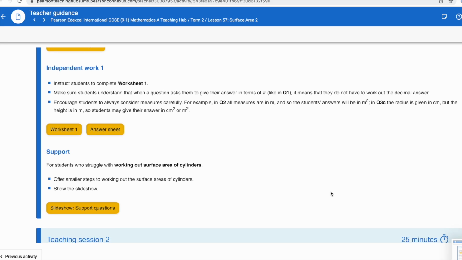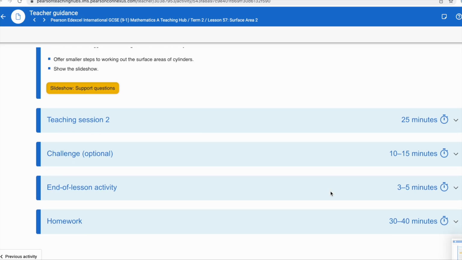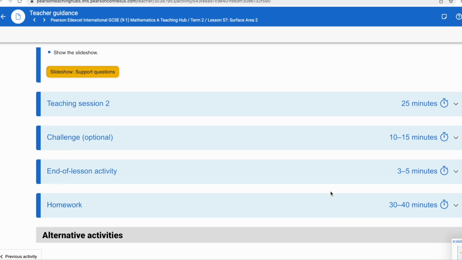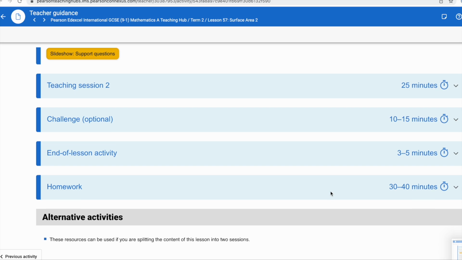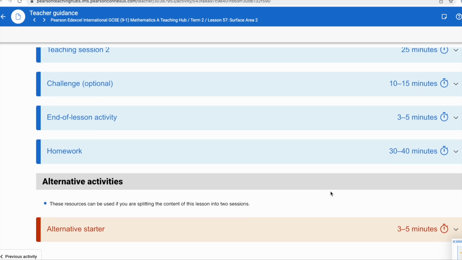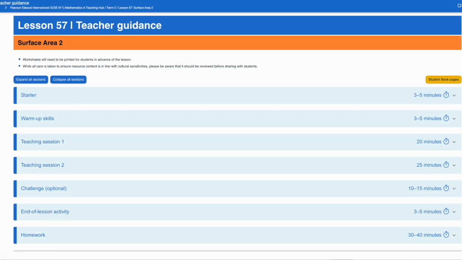worksheet. There is a support section that takes students through the concept at a slower pace and with additional explanation. There's also a challenge activity for students who are capable of more stretch, and then there is an end of lesson activity for reflection on what has been learnt, and a homework sheet too, as well as alternative starter and end of lesson activities should you wish to split this content over 2 lessons. So you can see there is really everything you could possibly need here to teach the concept of surface area